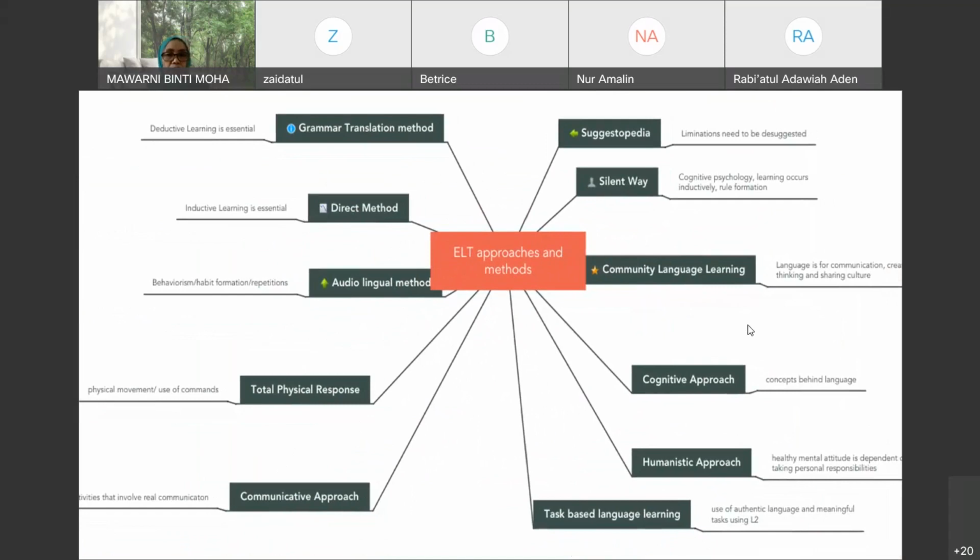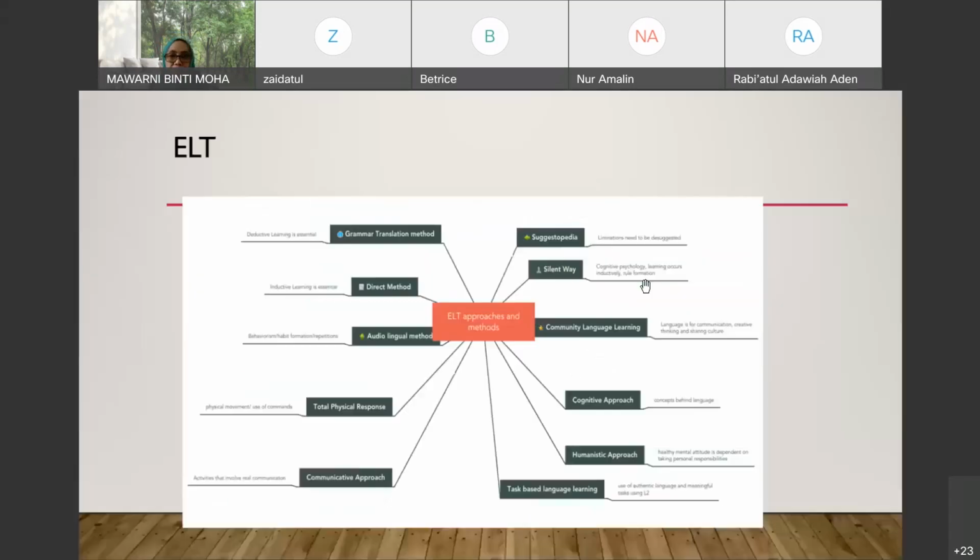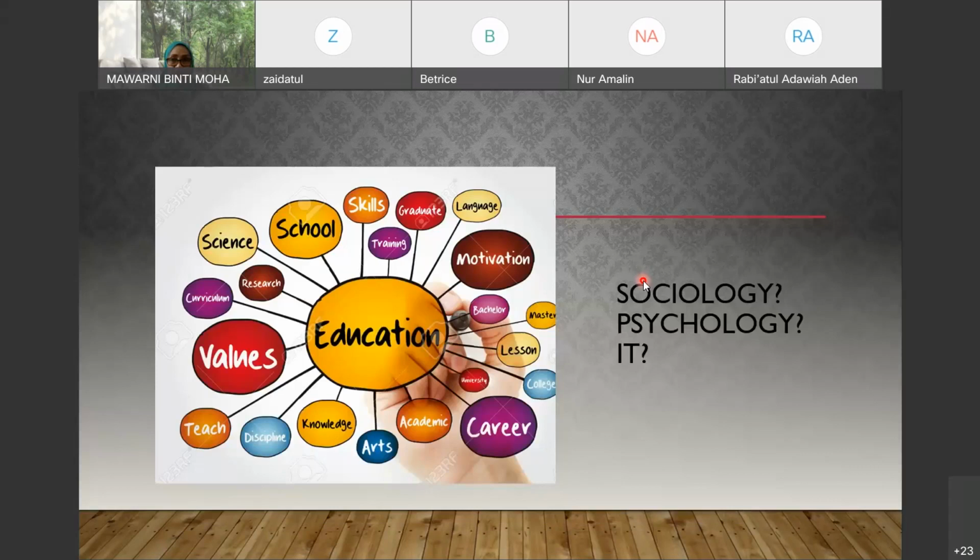All right, and here you would probably like to do something on total physical response, because what would be the best or the suitable group of students for this total physical response? So you would like to do it among kindergarten kids. All right, so maybe you will do something on the learning strategy for ESL learners in kindergartens. Total physical response as a learning strategy among ESL kindergarten kids. Something like that. All right.